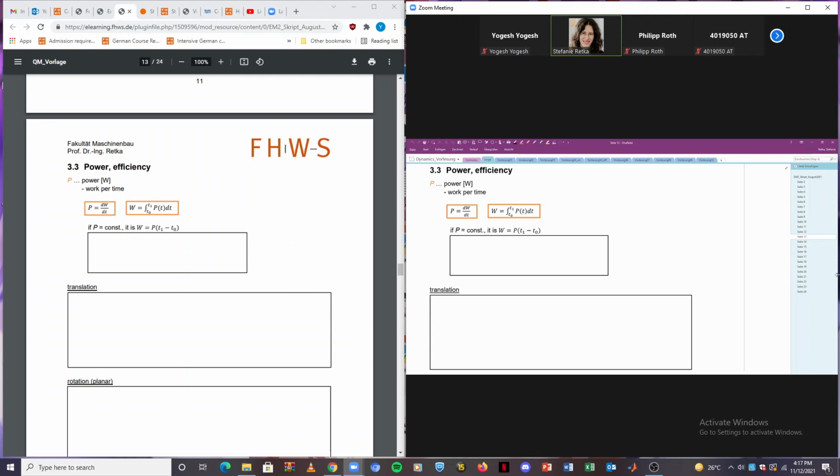And of course, you can also formulate it the other way around. If we integrate the power over a specific time interval, we obtain the work that was performed within this time interval. If we have a constant power, this equation simplifies by simply multiplying power by the time interval, which gives